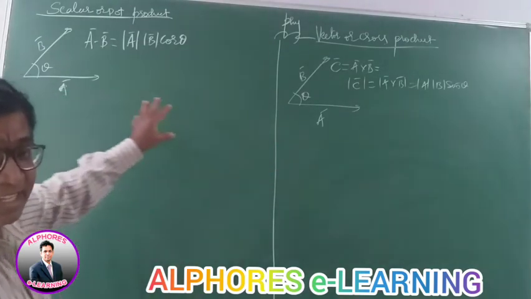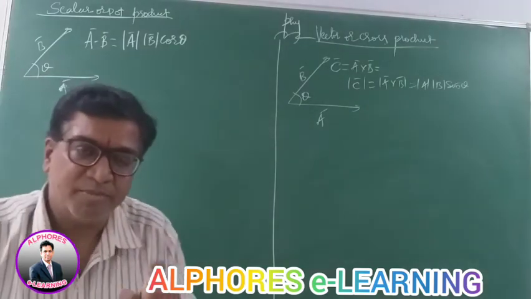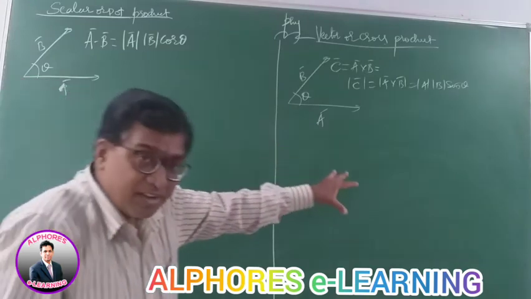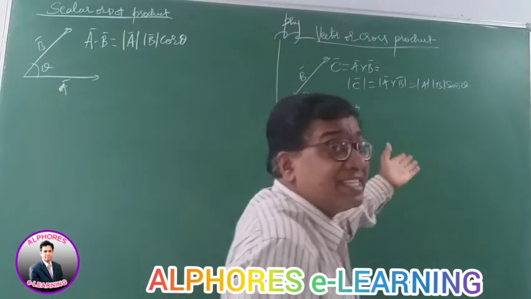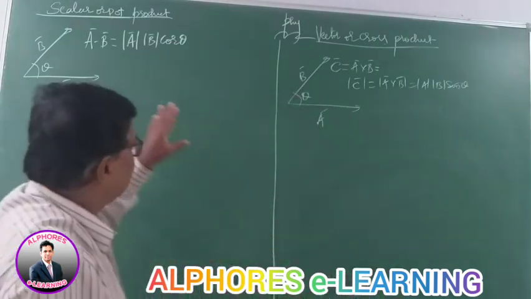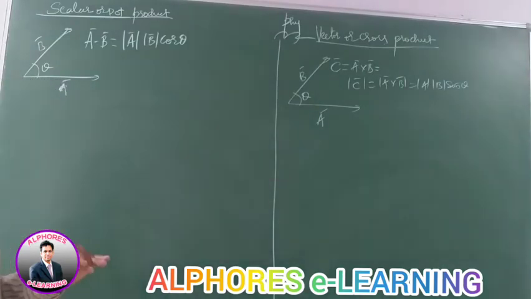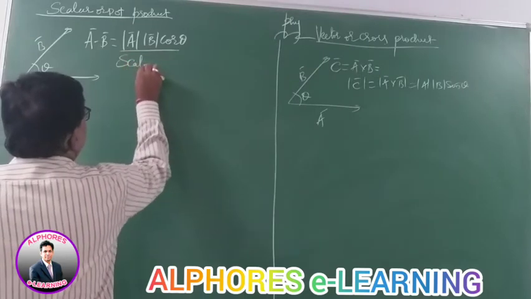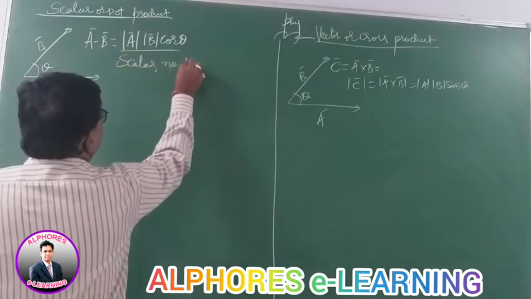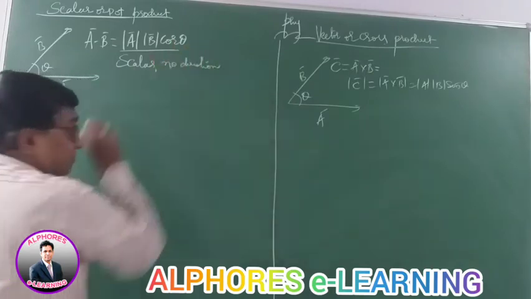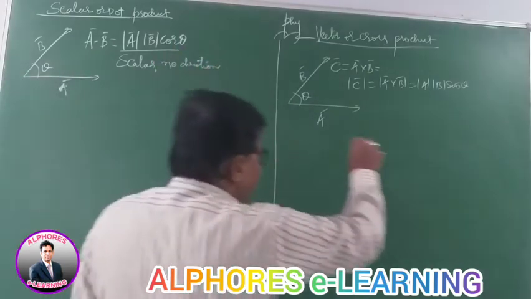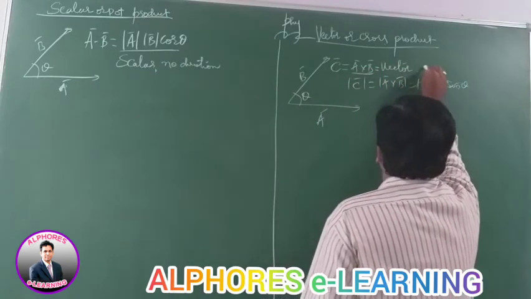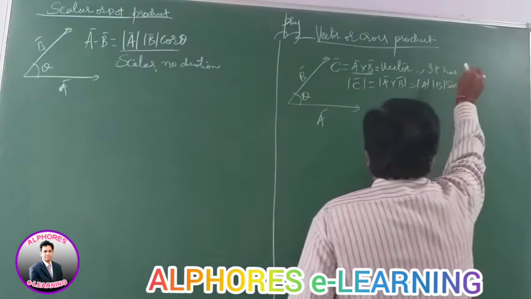This is sin theta. Here the dot product of two vectors is the product of the magnitudes of the vectors and cosine angle. Well, the cross product is the product of the magnitudes and sine of the angle between the vectors. This is cosine angle, that is sine angle. Right? So here, this is a scalar. This is a scalar. It has no direction. But you know, here, this is a vector. So right hand side, this is a vector. It has direction.